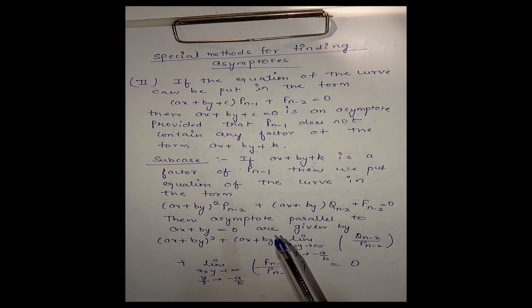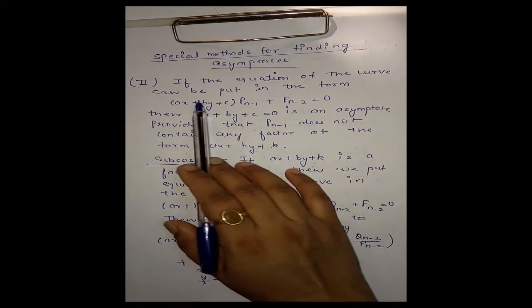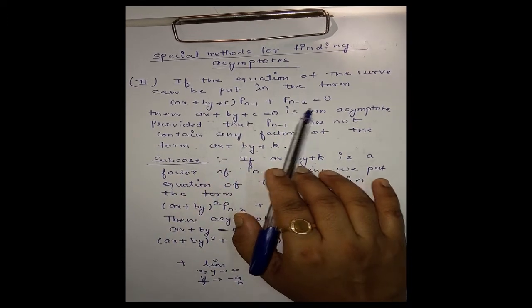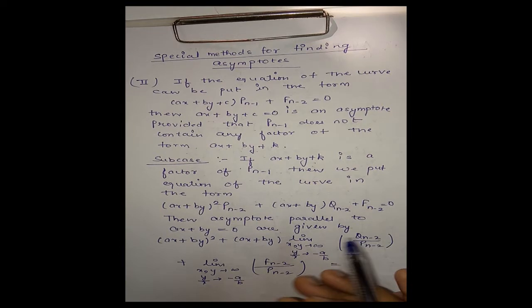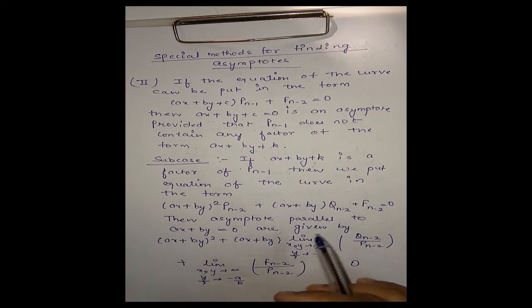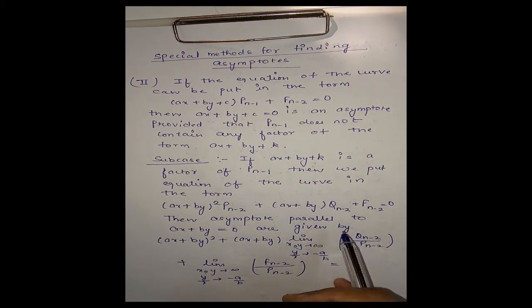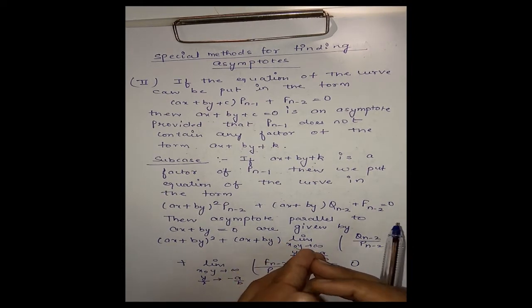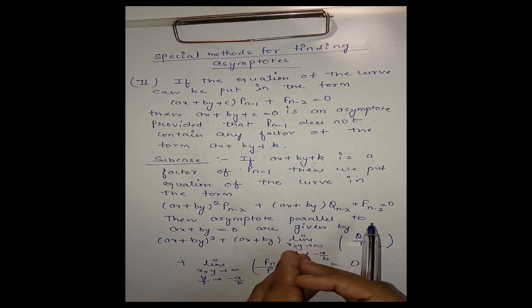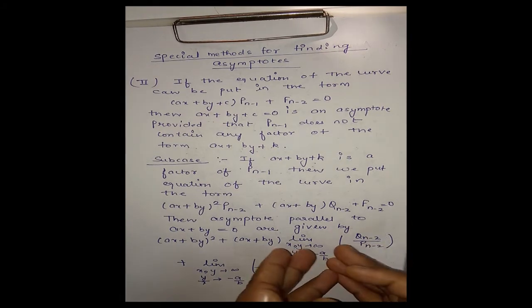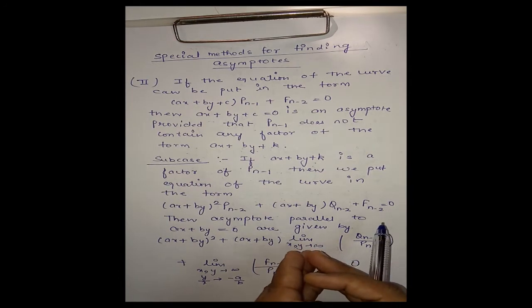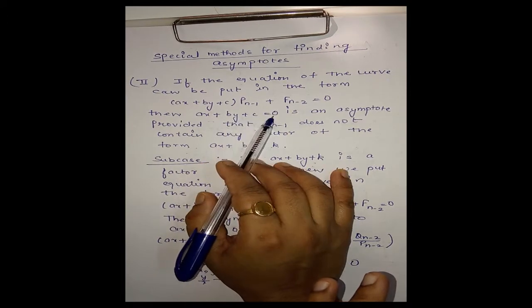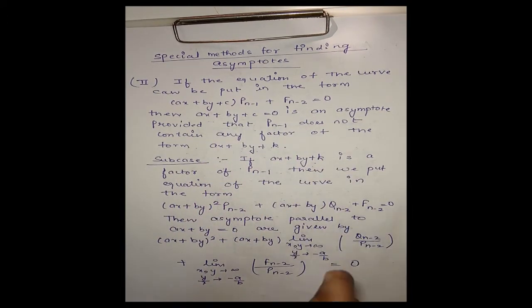And for the second method, the equation of the curve is of the form (ax + by + c) P_{n-1} + F_{n-2} = 0, where P_{n-1} is an algebraic expression which contains terms of degree less than or equal to n-1, and F_{n-2} is an algebraic expression which contains terms with degrees at most n-2. In that case, ax + by + c = 0 will be an asymptote if P_{n-1}